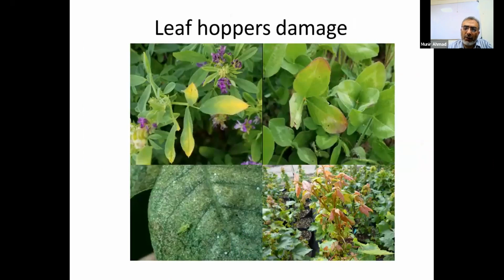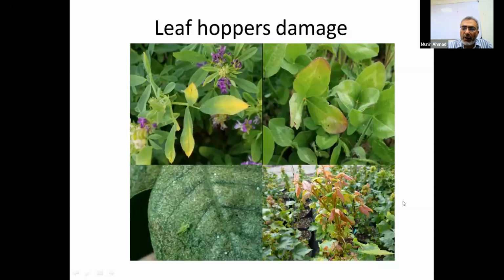We have a lot of hopper species. One of the hoppers is also here, a green one in the lower picture. The most common characteristics from which we can identify are yellowing of the leaf tips and then redness. These are the early symptoms of the hoppers,